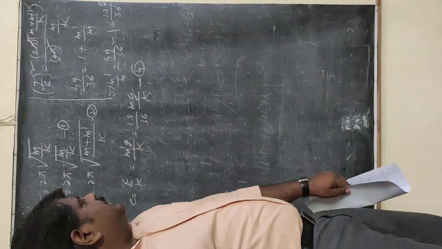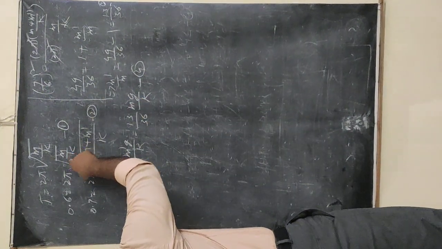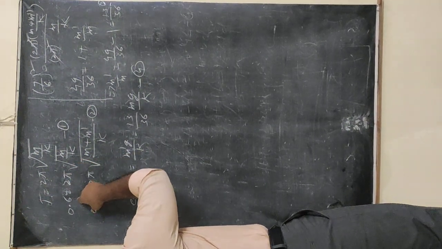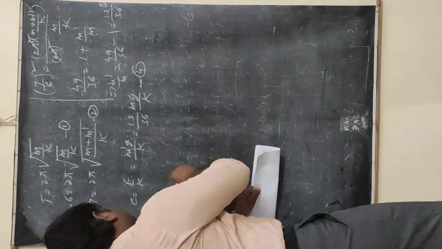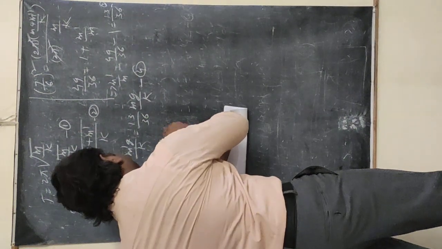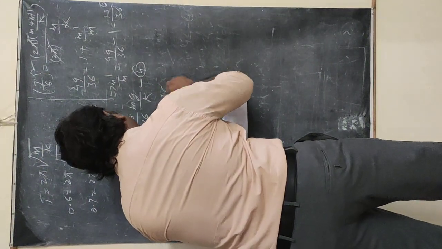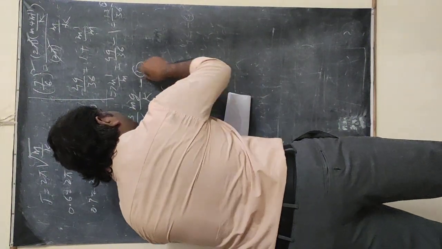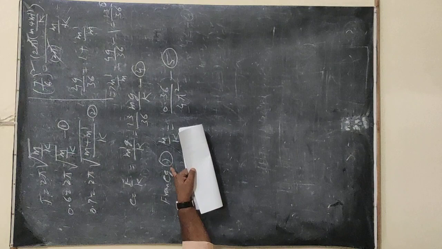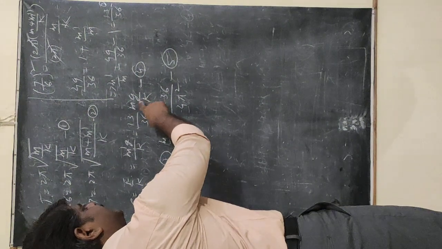Go on to further simplify this equation. The m by k value: from equation 1, we can write m by k equals, 2 pi going to the denominator and taking the square on both sides, m by k equals 0.36 by 4 pi square, and you can call it equation number 5. From which equation are we doing this? From equation 1. So this m by k value we are going to substitute in this equation.